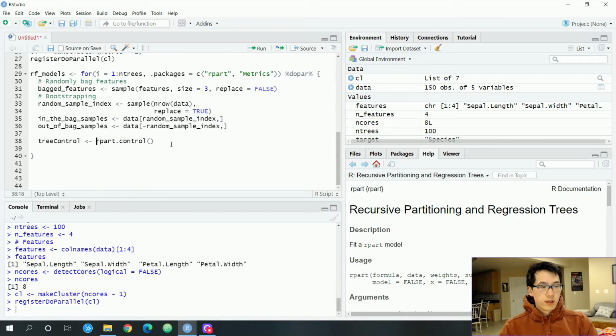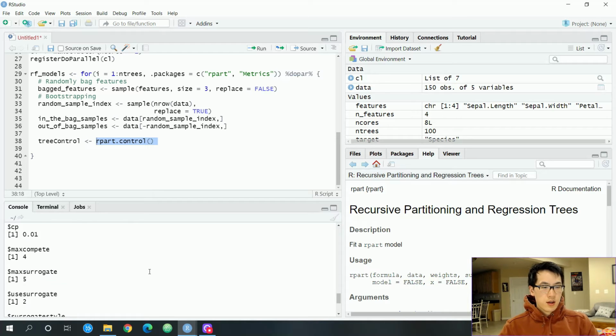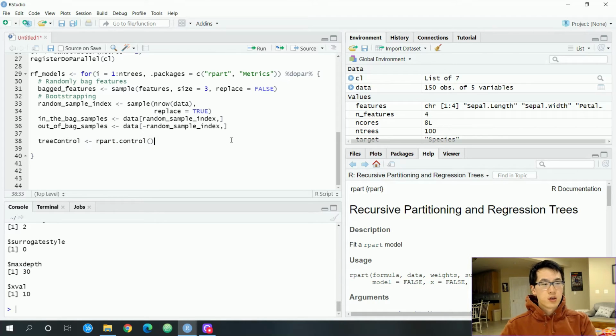And this is related to our hypertuning parameters, which has all these as default. It determines where it's going to split the tree. The buckets via complexity parameters determines whether or not it wants to actually split based on that value, etc. So we're just going to stick with the defaults. We have a max depth of the tree as 30. So we'll stick to the defaults over here, but we're going to be passing all of these values into our